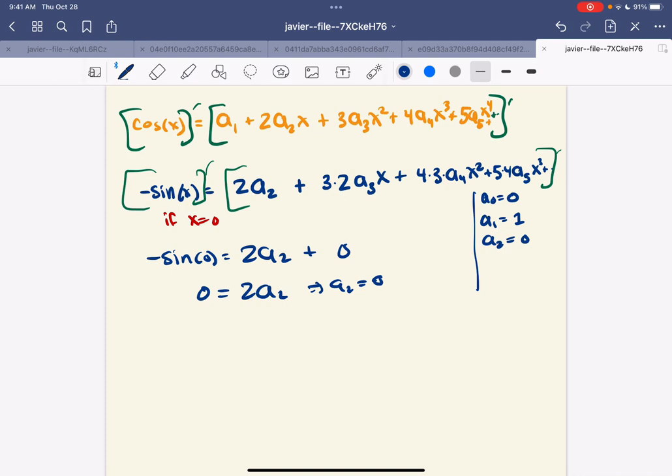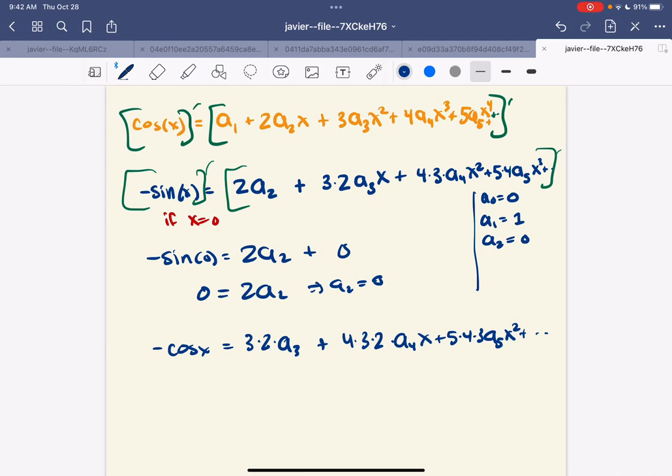On the left-hand side, I've got the sine of x. The derivative of that, of course, is cosine of x. On the right-hand side, this part vanishes. X times the constant will just be the constant. So all I get is 3 times 2 times a to the third, plus 4 times 3 times 2 times a4 times x plus 5 times 4 times 3 times a5 times x squared. And so on and so forth. And so I get that,